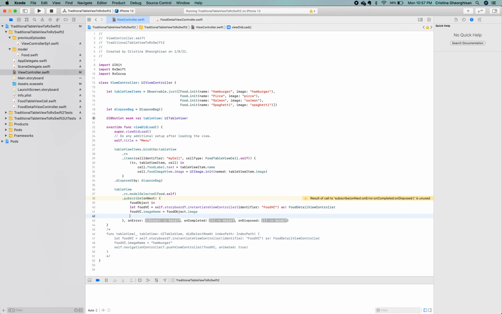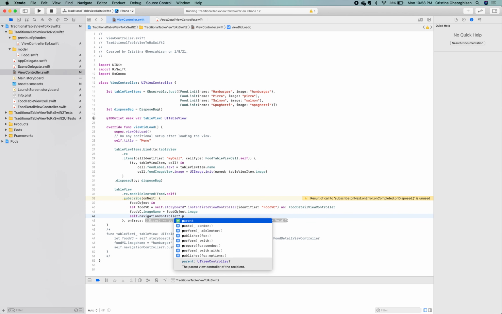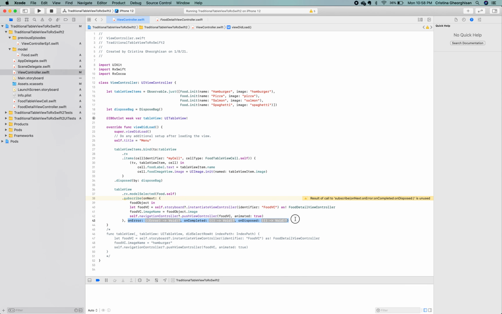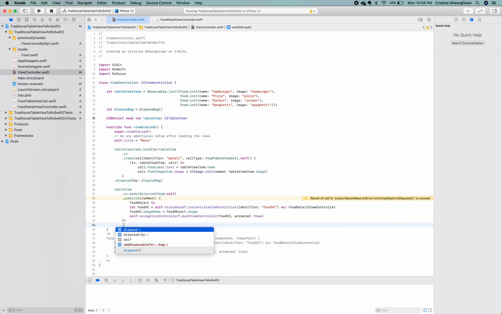Then we push the view controller: navigationController.pushViewController, our food view controller, and we say animated. And delete the onError, onCompleted, and onDisposed methods, as they are optional and we don't care about them for now.